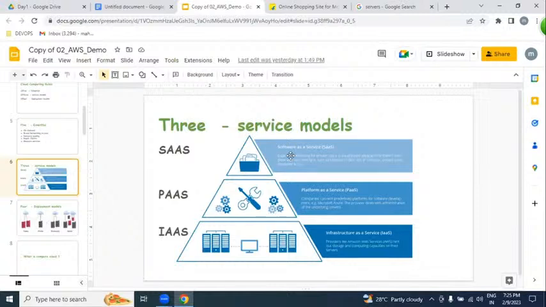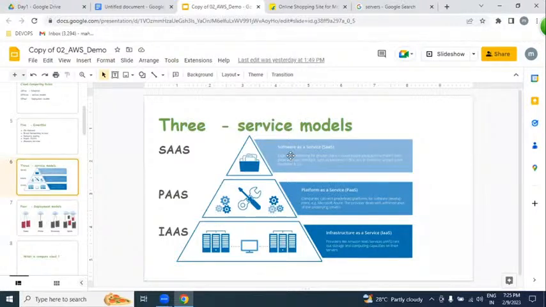For example, if you want to keep software on a laptop, we definitely require laptop hardware, then an operating system, then software, and on top of it we maintain our software, which is lines of code. But here we are not worrying about anything. Just directly place your software, written in Java, .NET, Python, whatever. That is the beauty of cloud.